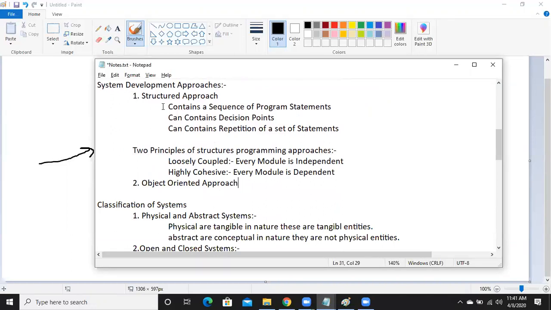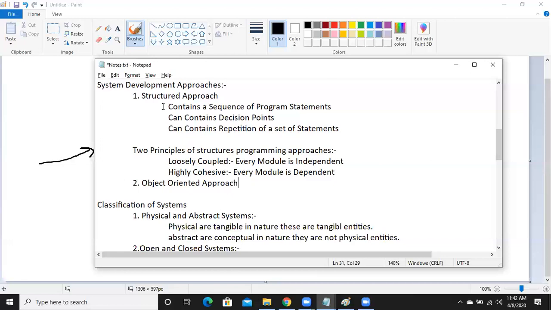if I give a little bit of information about the structured approach, a structured approach basically includes the basic flow of a particular system. The program flow of our system will be known as the structured flow. Now, what is the structured flow? We can say that the structured flow basically includes all those decision points, all those repetitive statements, all those loops,